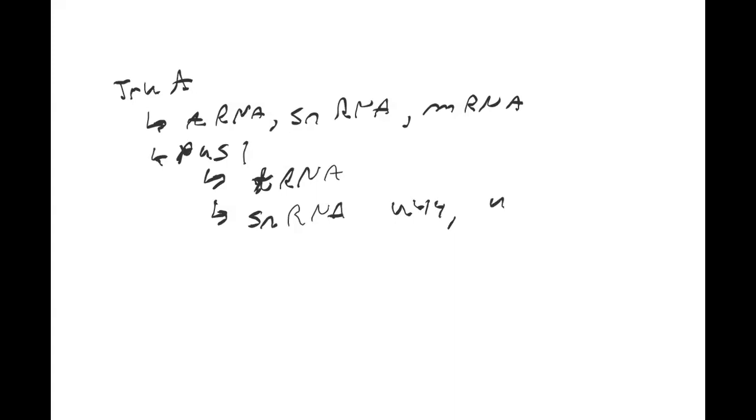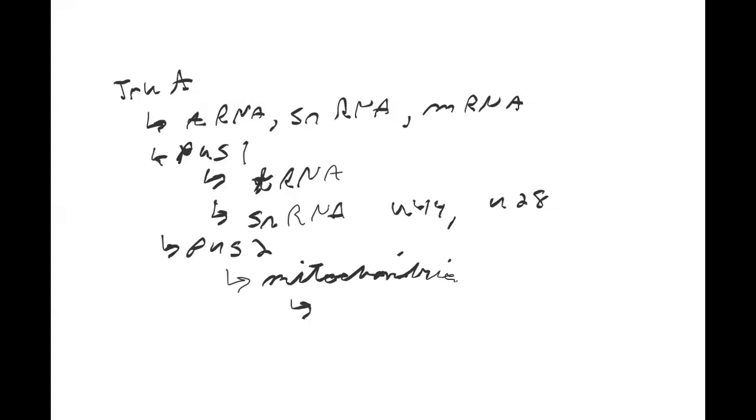And location 28. Okay, now PUS2. This is located in the mitochondria, and it's modifying mitochondrial transfer RNA. Now, for the ones that don't know,